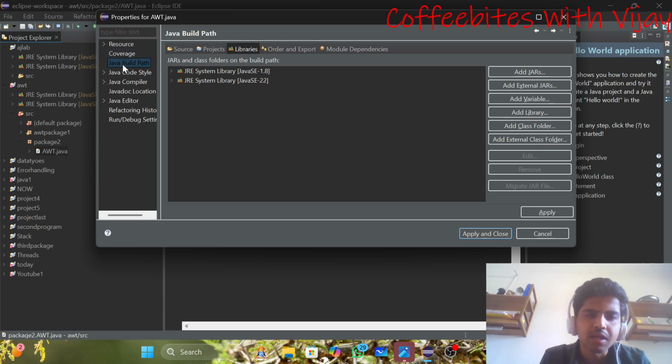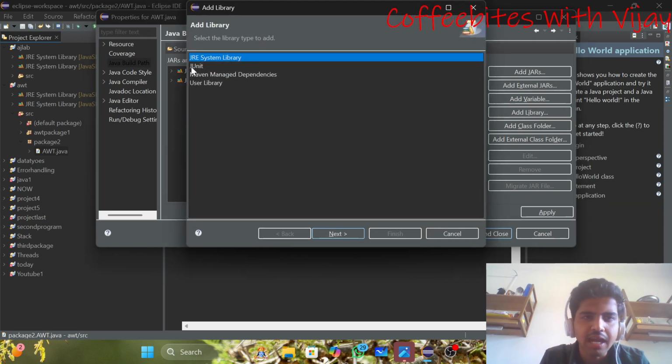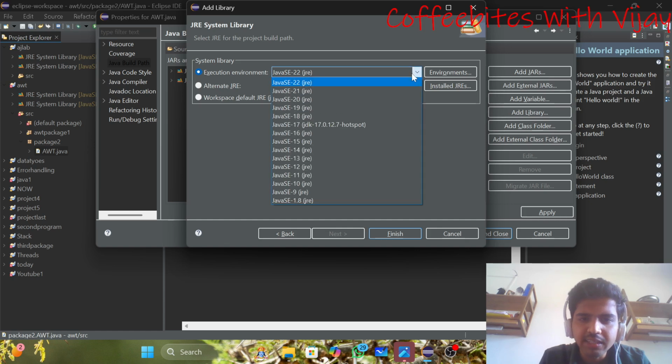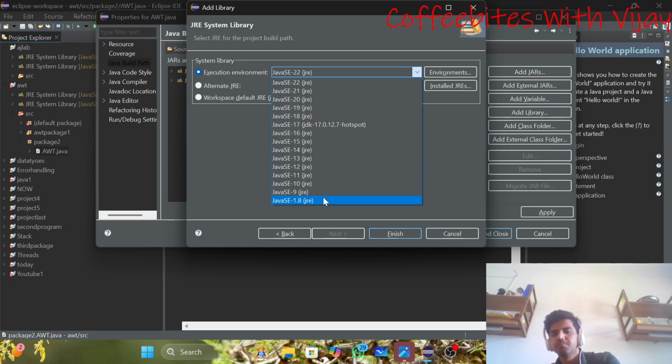and on properties go to Java build path, and inside this build path select the module and go over here to add libraries, and inside add libraries select the JRE system libraries. Next, and here in the execution environment select the Java SE 1.8 JRE. Select this JRE so that you can use the AWT package inside your class.